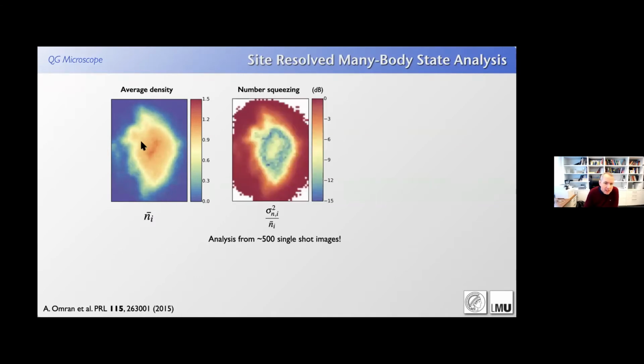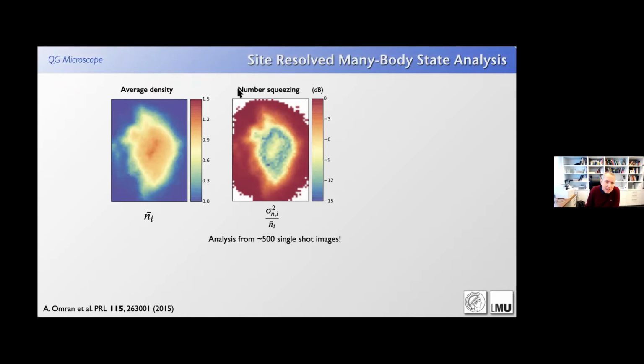But if you have access to the snapshots, you can do more. You can also look at, for example, fluctuations. What are the on-site fluctuations compared to the average density, for example? Because in each shot, there might be a slightly varying atom number on that site. You will have a fluctuating atom number on the lattice site, allowing you to calculate the variance on that lattice site. And if you compare that to the mean, you can tell something that's known very well in quantum optics,